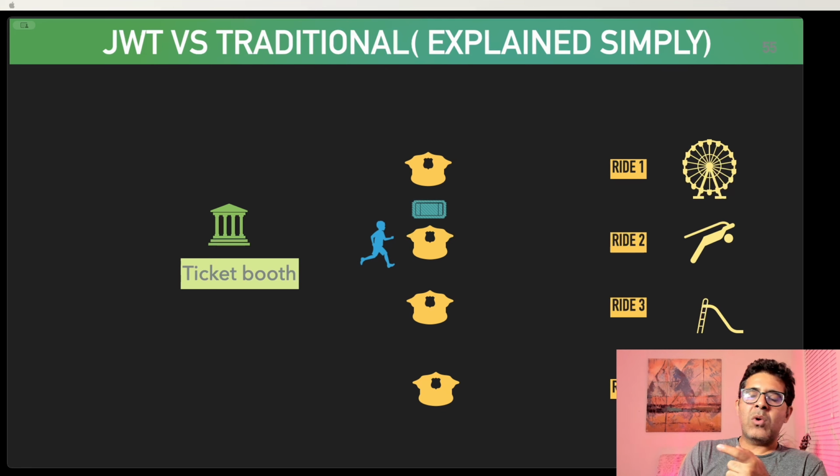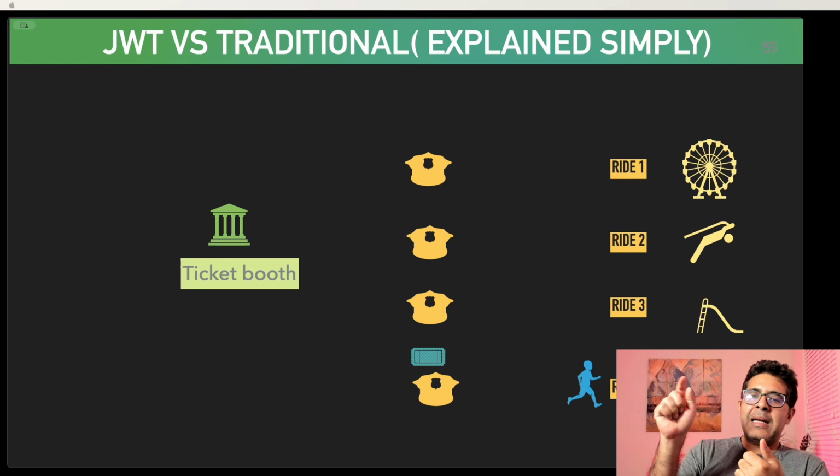And if he finds it, the person can now go and take the ride. Same way, now he has to go to the second ride. The same procedure happens. The security officer is going to validate that the ticket is valid in a logbook, and then if it is valid, then he is going to go and do the rides. And in between, if your user has to go and, say, bring a bottle of water which he left in the car, he has to again go and validate that ticket for each of the rides with the officers, or he may have to just buy a brand new ticket, right? So this has an issue, as you can see,